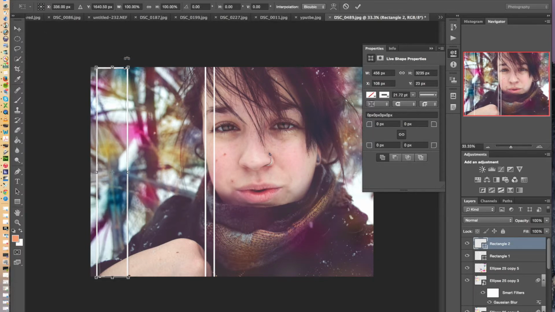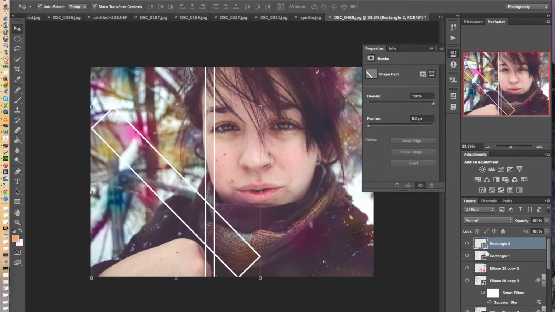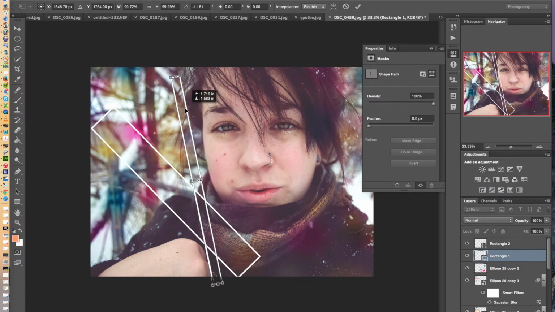And then I will make like an X with them. This is just fun stuff to experiment with. Completely up to you and what your style is, but if you just want to have fun with the photographs,